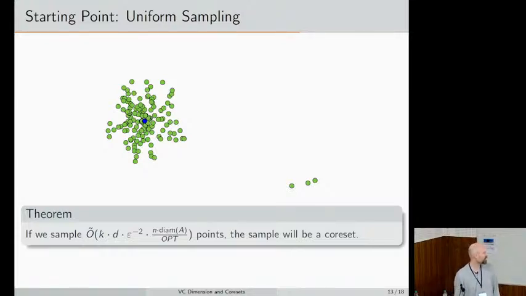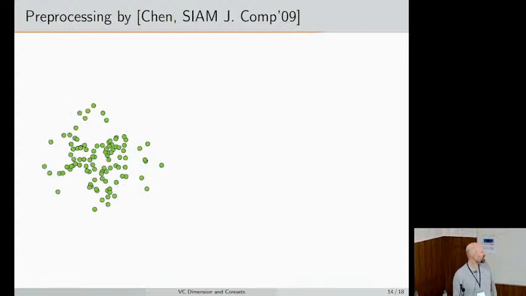Okay, so what I'm going to show you now is how you can actually use this theorem right here to get a first bound. The person who did it was Chen, and I would really say, if you want to get into coreset research, read that paper. It's a terrific paper, very approachable, far more approachable than everything that came afterwards.